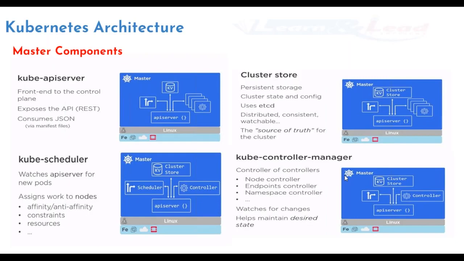Let's say that my cluster should be in a certain state; that is called the desired state. If a deviation happens from that state, the controller manager immediately acts and takes care of restoring the desired state. So it watches for changes and helps maintain the desired state. That is your controller manager.